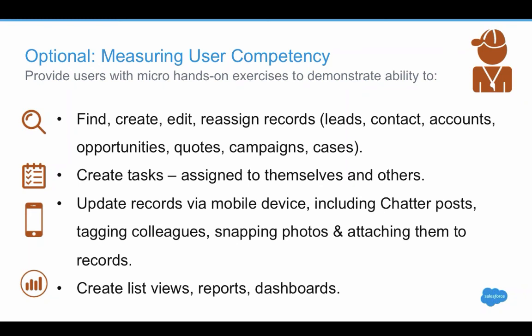So for example, telling them that they need to find, create, edit, reassign certain records. What records? Well, it depends on who the audience is. It might be leads, it might be contacts, it might be accounts, it might be opportunities, quotes, campaigns, cases, all depends on the role that they have. Having the users create tasks and assigning some of those tasks to themselves and assigning some of those tasks to others. Having them update the records via a mobile device,